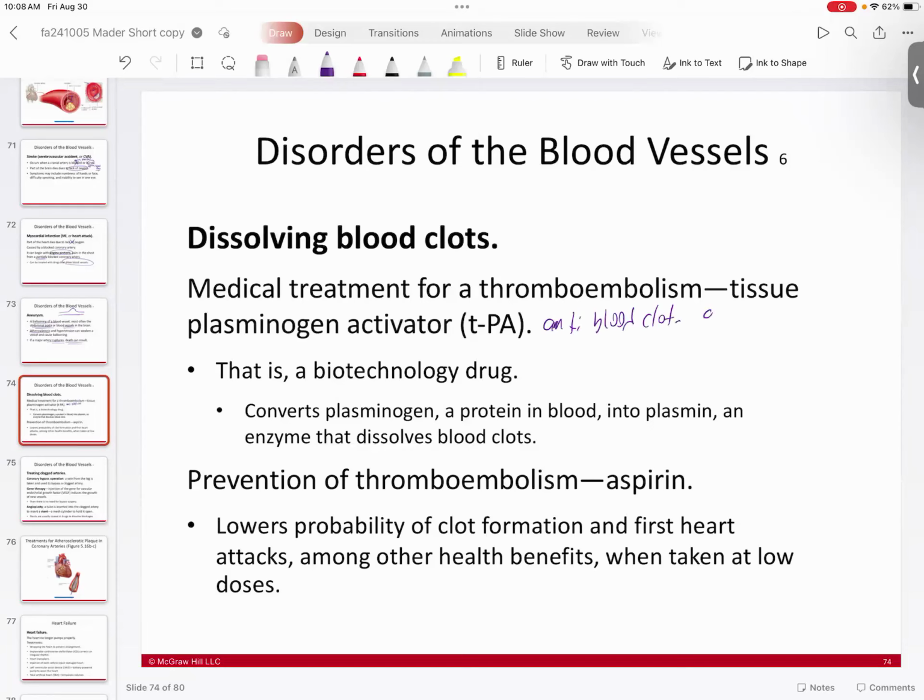So better known as a blood thinner, to help the blood to move more easily past that embolism, to keep it from coagulating or clotting up. And so what this does is we learned a little bit about the clotting process. And what we realized is that